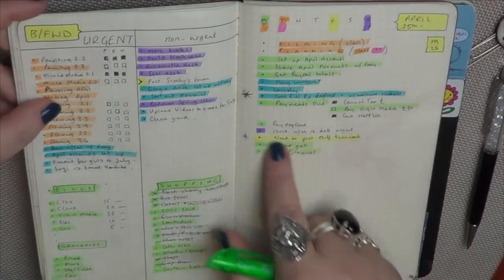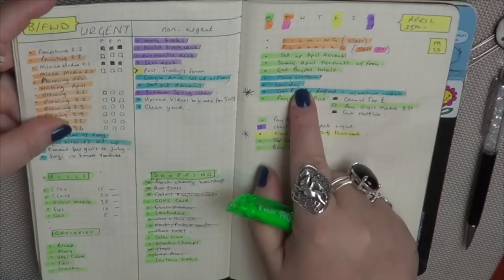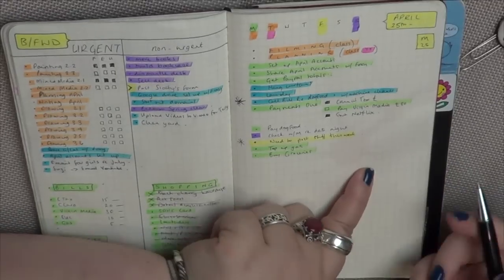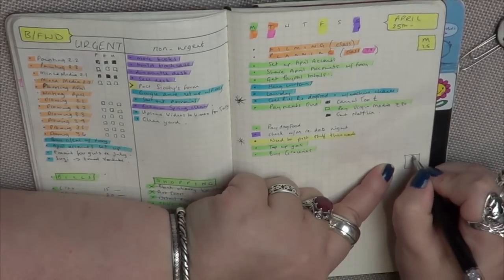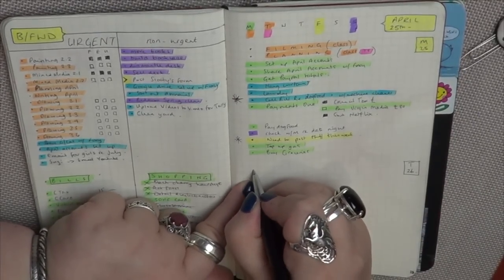If I have something on my list that doesn't get done today, for example laundry, tomorrow I've probably got as much as I'm going to use on this list today. So I'll put tomorrow's down. This is what I would do tomorrow morning. I'll come in here and I'll put Tuesday, the 26th. What am I going to focus on